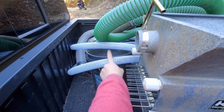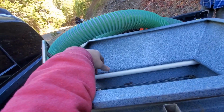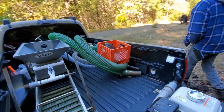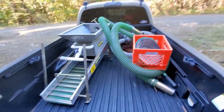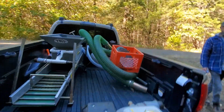You put your hose in right there and you actually dredge with this thing, and the same thing happens that way. Wait, what kind of nozzle? How big is your nozzle that you got right now? It's a 3-inch dredge. It is a 3-inch dredge hibanker combo, and with even the Honda GX200 with the Keene